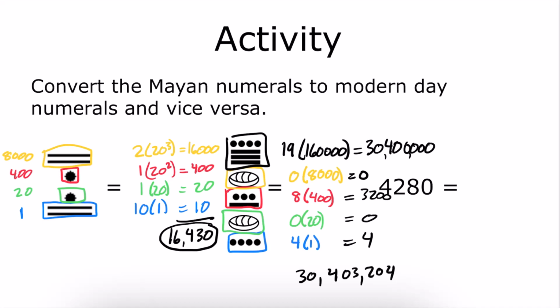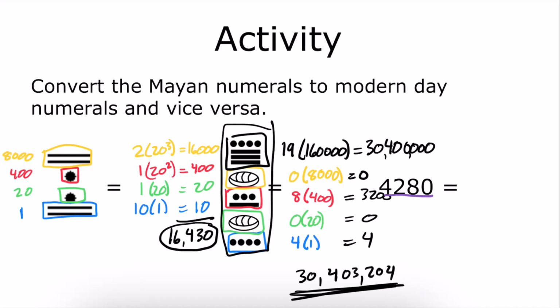30,403,204. And so this numeral right here in the Mayan numeral system is equal to the same number as this modern day numeral. So they both represent the same amount. They're just two different ways of writing it because the Mayans use different numerals than we do. So if I want to write the number